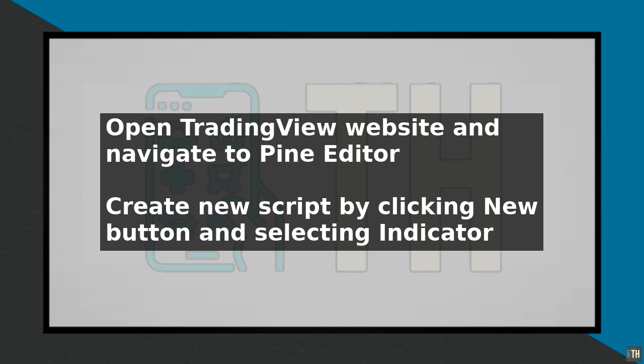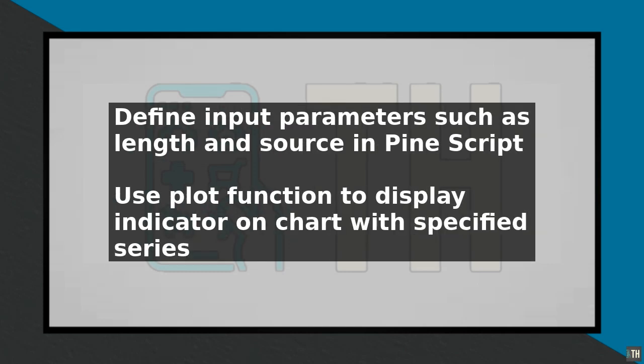Begin by defining the input parameters such as length, source, and color, which will determine how your indicator behaves and looks. Use the plot function to display your indicator on the chart, specifying the series you want to plot and the color and style of the line. You can also use the line.new function to draw lines and the label.new function to add text labels to your